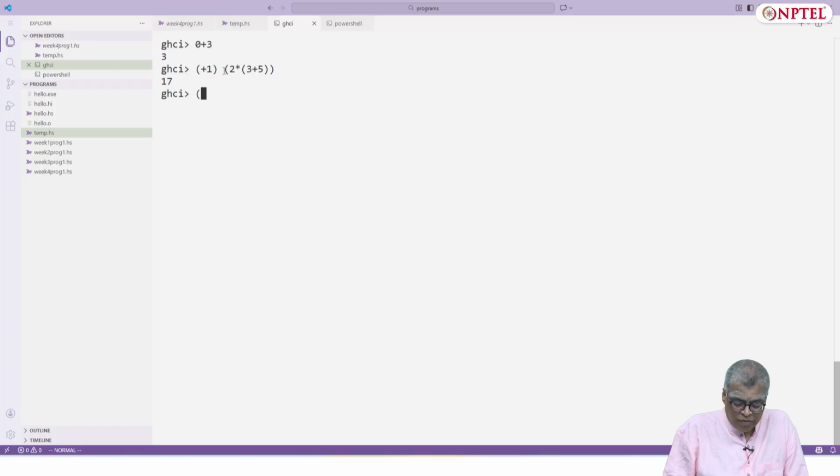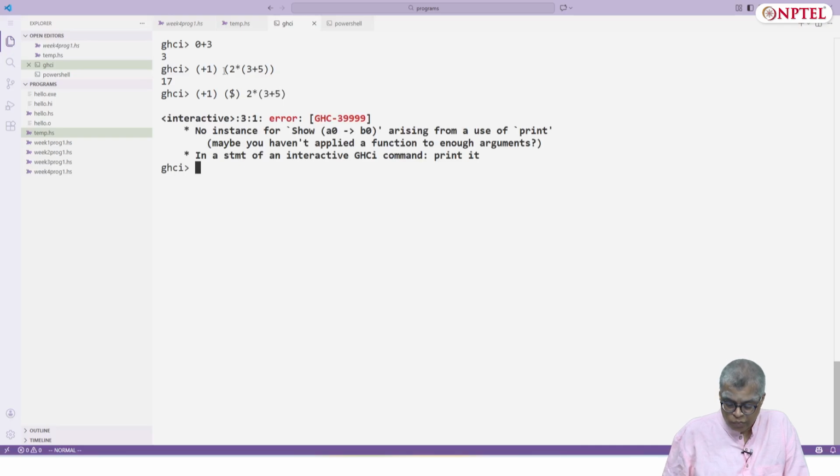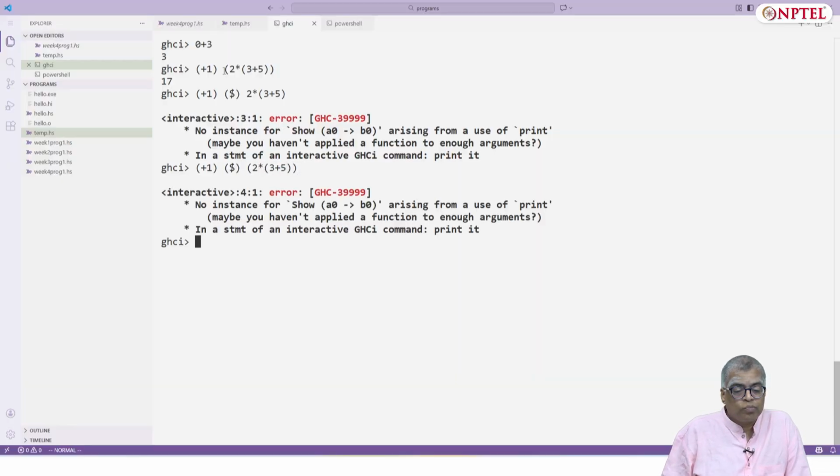You could also have written this as plus 1 of dollar applied on... you do get an error though.